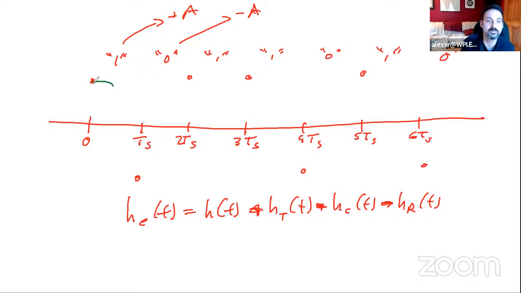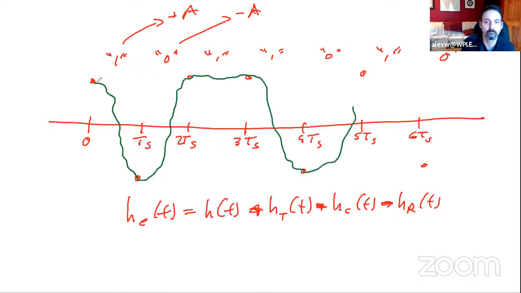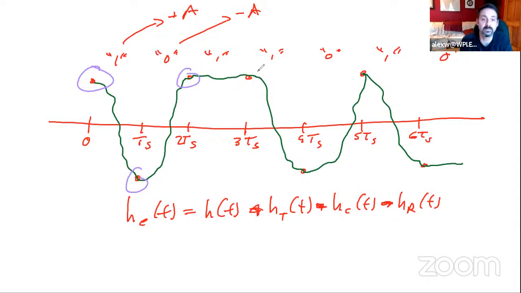And then some sort of, again, I'm not really a great artist, something like that. All my receiver cares about is that sampling instant, that sampling instant, that sampling instant, all of these. And frankly speaking, all the stuff in between doesn't amount to a pile of beans,